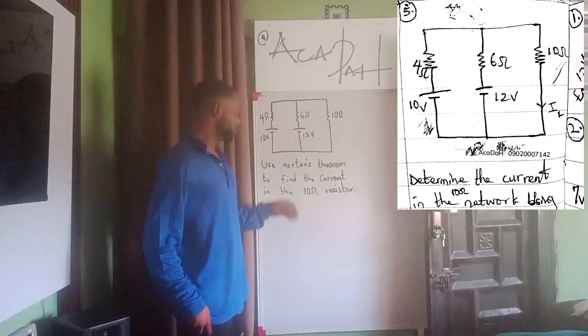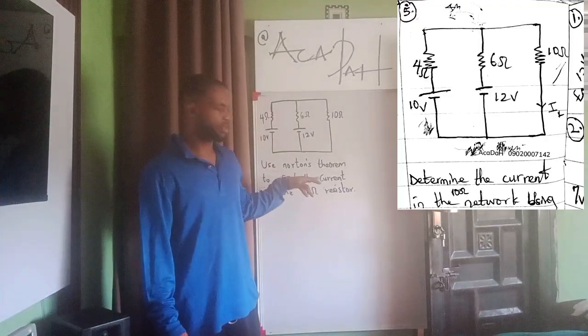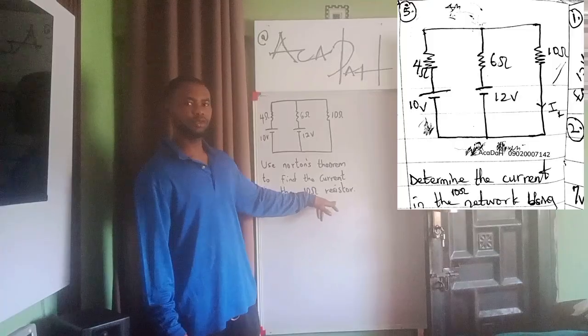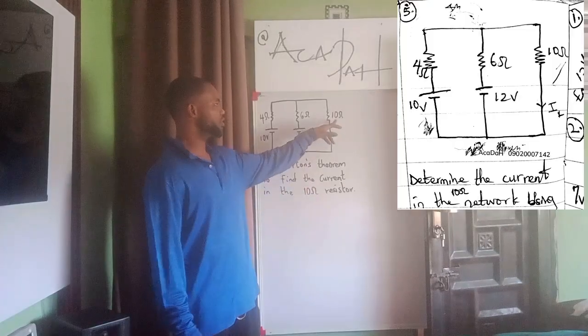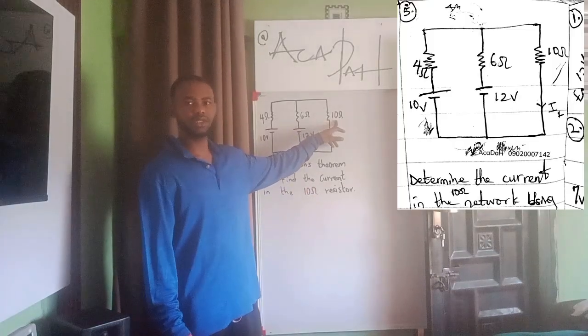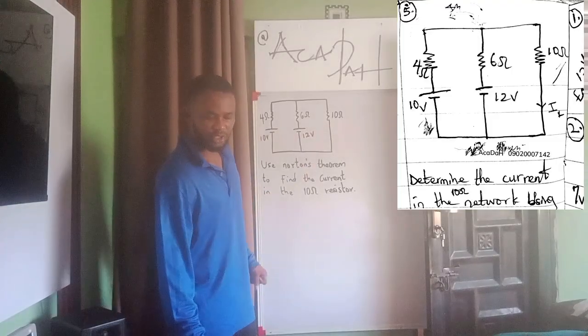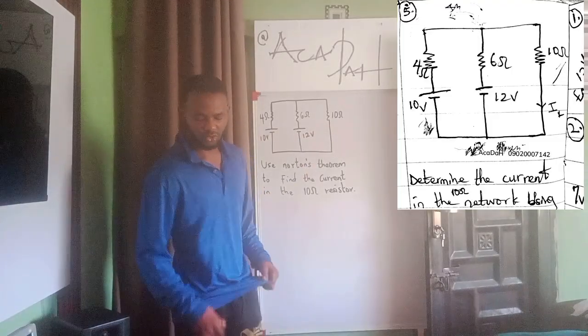So you can see very well, I said use Norton's theorem to find the current in the 10 ohm resistor. The 10 ohm resistor is this. This is the 10 ohm resistor. So if this is the 10 ohm resistor and we are to use Norton's law, what it simply means